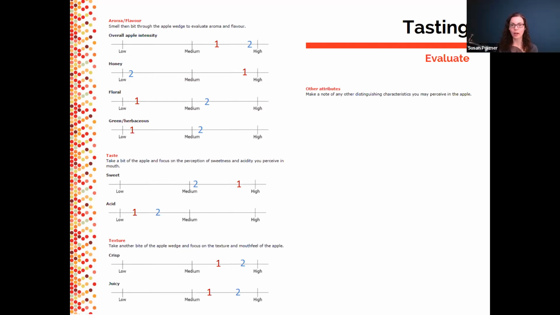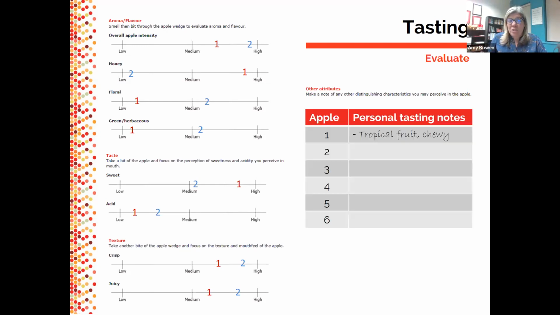Okay, this is so exciting. Oh, sorry, I interrupted you. What were you going to say, Amy? Yeah, I was just saying the last thing we wanted to ask you about was, because Rachel and I are really curious if there's anything else in these apples that you perceive, because as we said, these are all new varieties. So what you could do is create a little tasting notes on the side for each of the apples. Just write in what you thought of the apple, and you can share that with us in the chat, or at the end in the discussion. It's a good way of keeping track of unique differences that jumped out to you. What was distinct or differentiating for you for that apple?